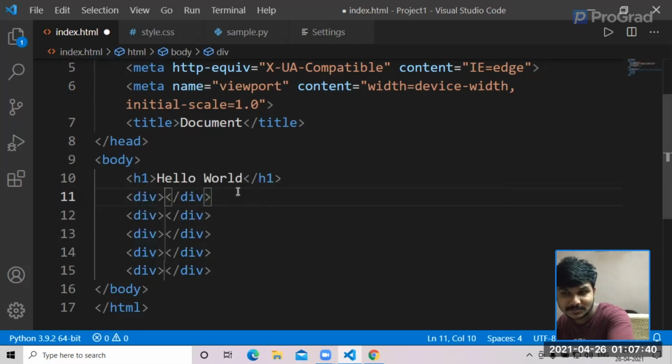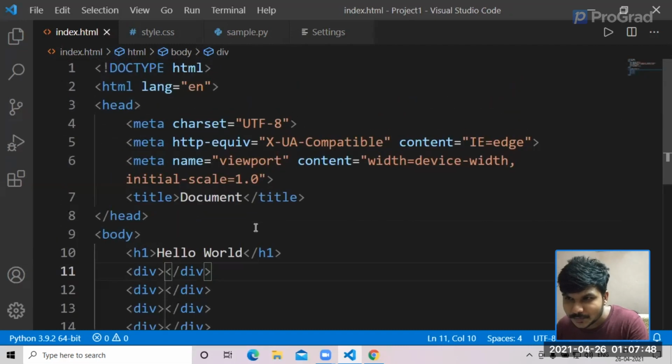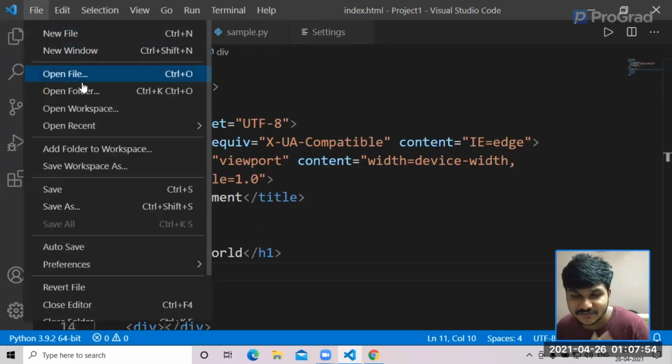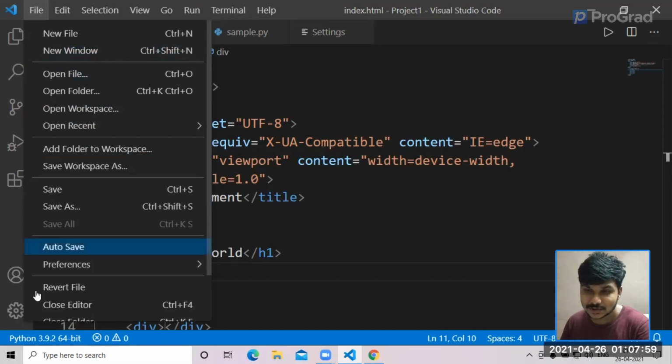So this makes code simple. This is called the intelligent code completion feature in VS Code. So that's really cool. So that's it, guys. You can obviously go ahead and see a file in here. You can go and create a new file, you can create a new window as well.